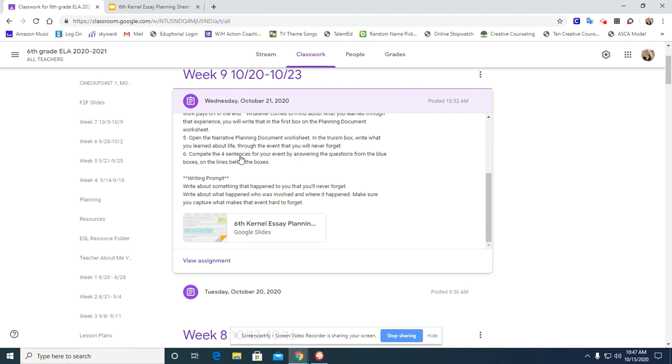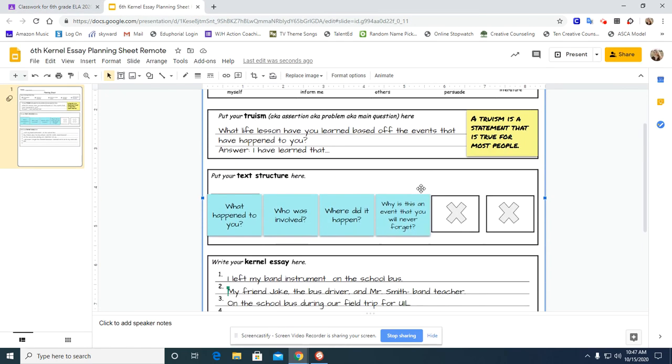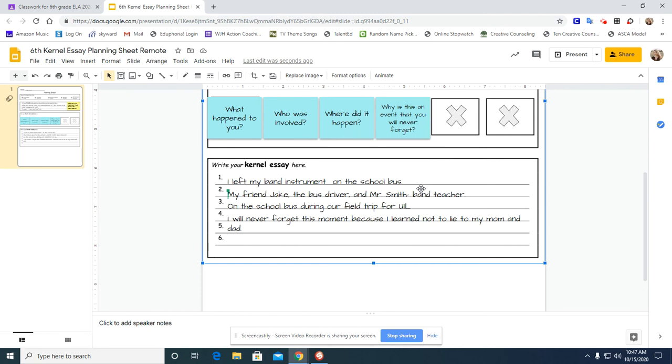All right, so it says complete the 4 sentences for your event by answering the questions from the blue boxes on the line below. Remember, your writing prompt is about writing about an event that happened to you that you'll never forget. We did the brainstorming for that yesterday. When you're done with this document, you are going to submit this to your teacher. We will use this document the next class day